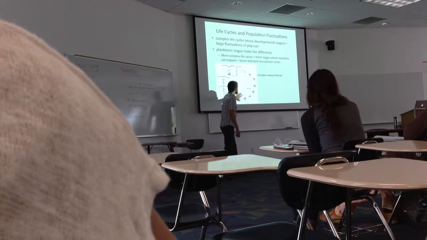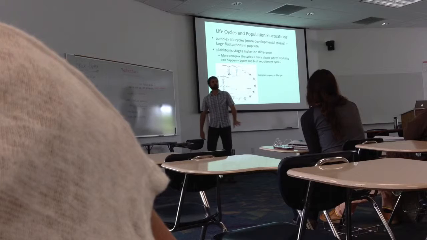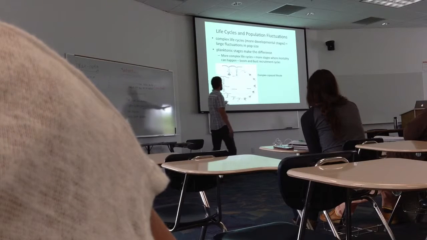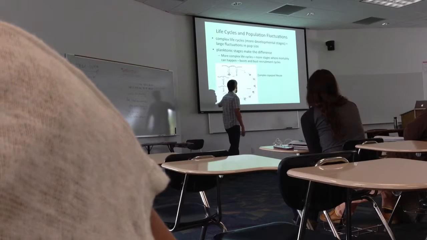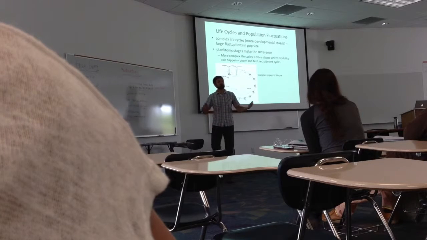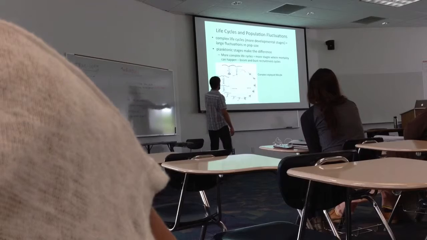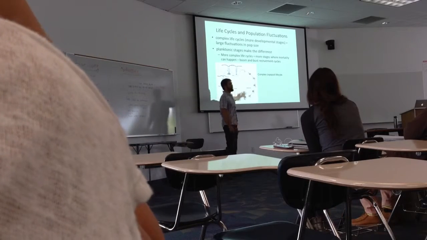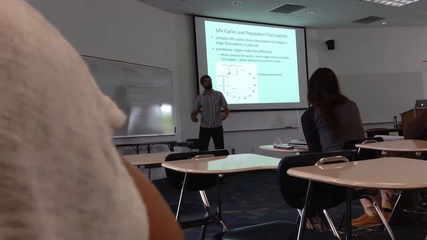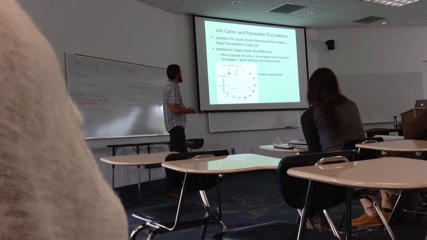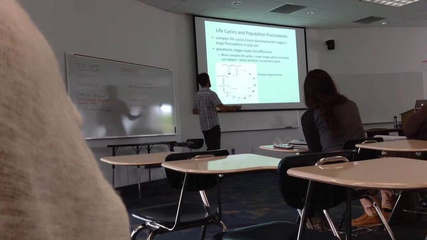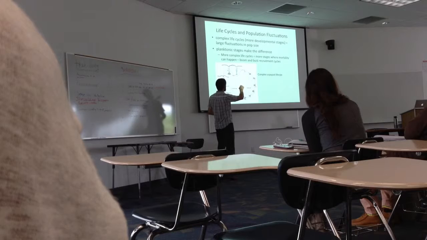But when you have a complex larval life cycle like this, it means that at any one of these stages, where they were requiring different types of food, they could not find that food and not have enough food to make it to the next stage. So the more complex life cycle you have, the more likely you're not going to reproduce successfully, which means you're not going to get your larvae through to the adult stage.